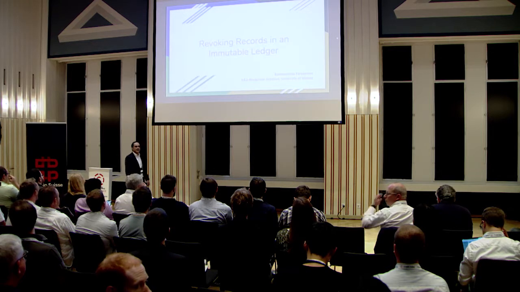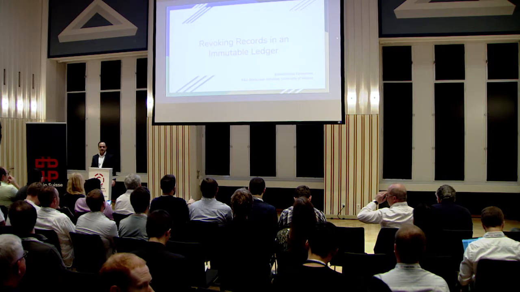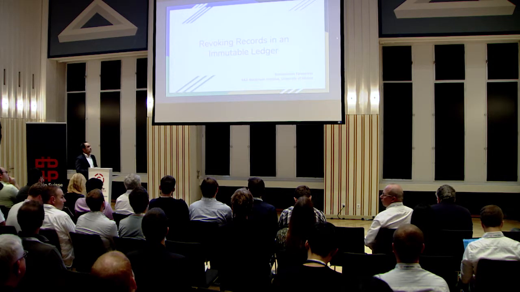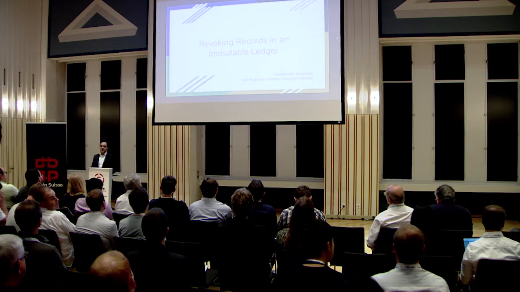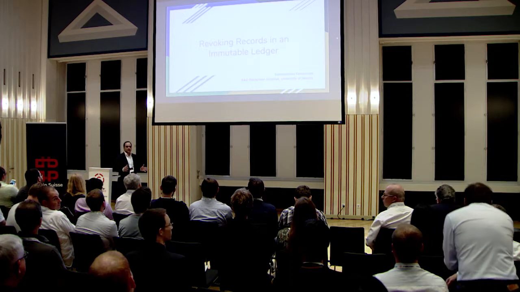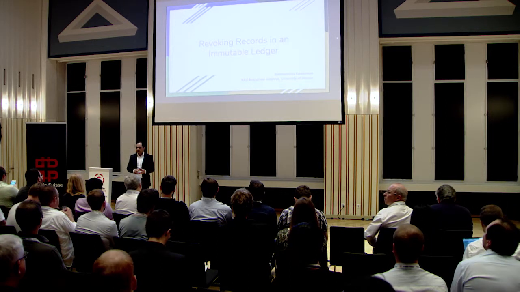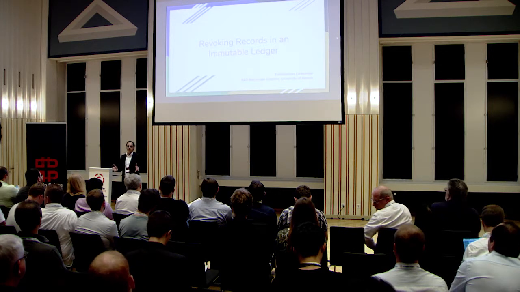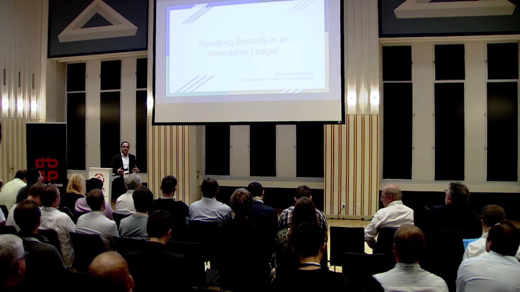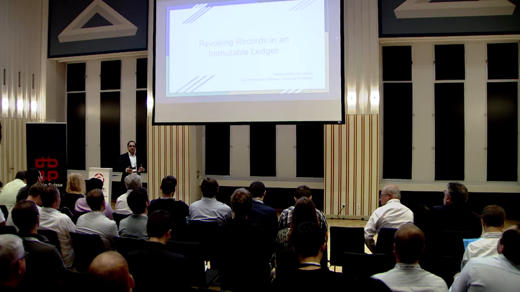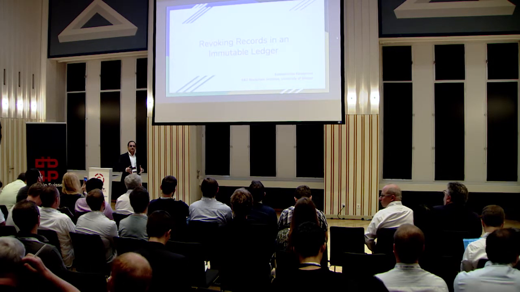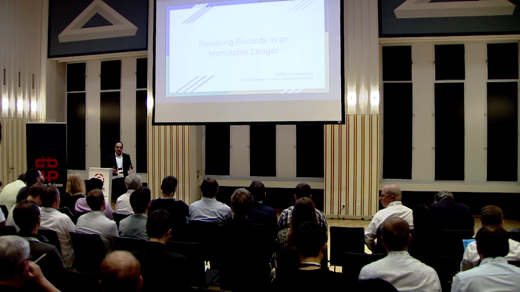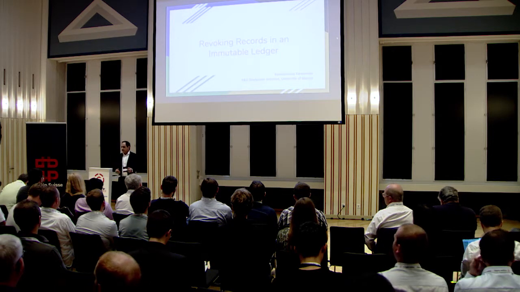It looks like an oxymoron, for example, saying that we have a method for revoking records in an immutable ledger. How is this possible and does it fit in the case of public blockchains? Because we all know that when something is published in the blockchain, it's there forever. So how can this be done, and when